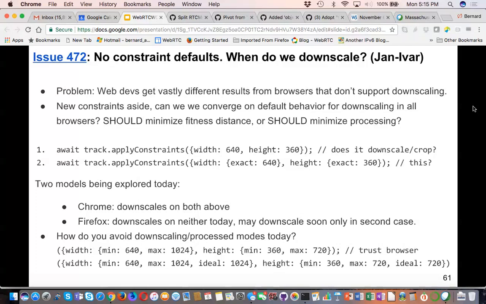Well, I mean, it may be moved, and maybe market forces will drive both browsers to implement it. I certainly hope so.